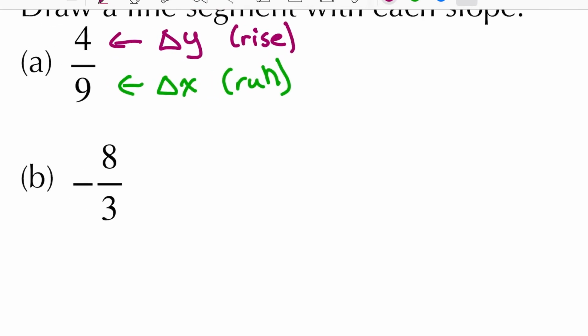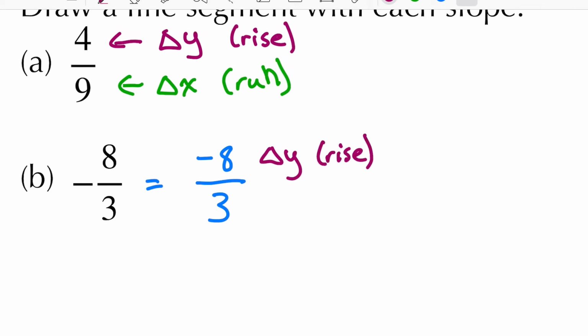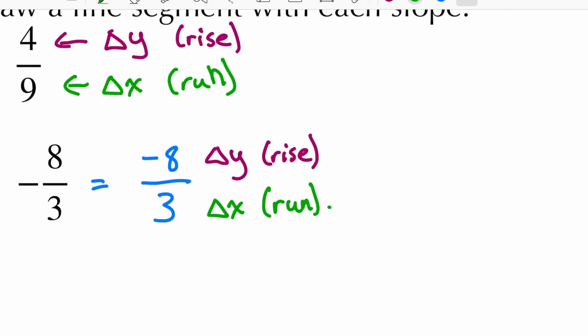Now this guy has a negative in front. I'm going to rewrite this so that the negative is on top because I can. This is our change in y. That means we're going down. Our rise is negative. We're going down 8. And then this is our change in x. We're going over 3. So we go to the graph,